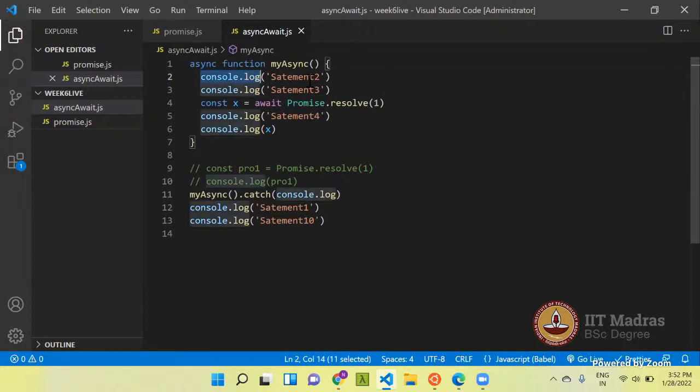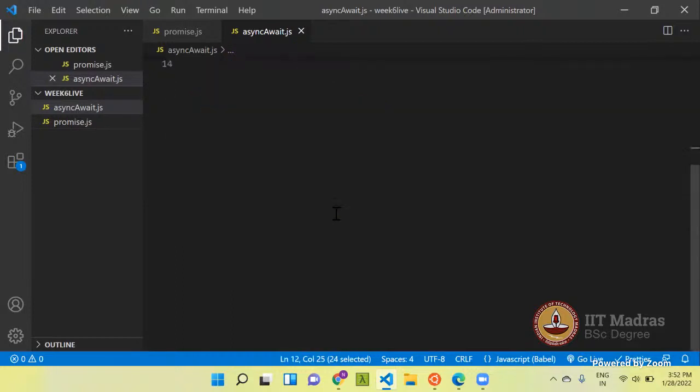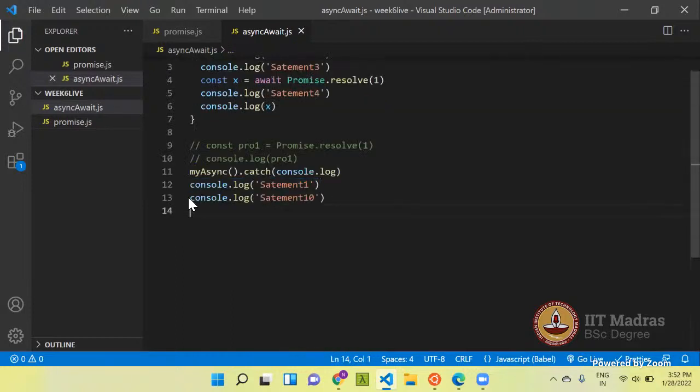So it will print console statement 2, then statement 3, and as soon as it encounters the await, because this statement will be run asynchronously, the control goes to line number 12, so it prints 1, and then 10.